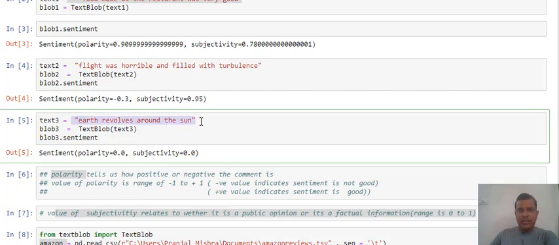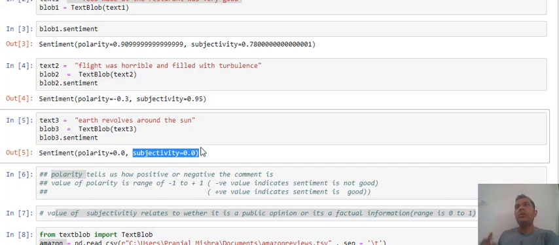This is neither a positive nor a negative sentiment, and that is why the polarity is 0.0. And since it's not an opinion but a fact, subjectivity is again 0. So if it's information or a fact, then subjectivity would be 0. And if it's an opinion, then subjectivity would be towards 1.